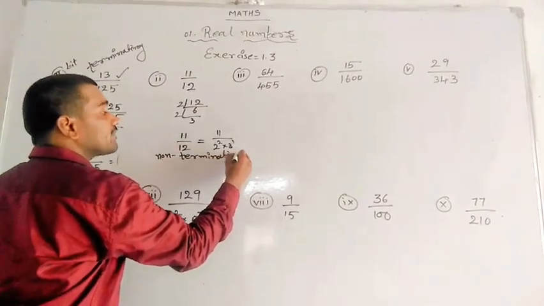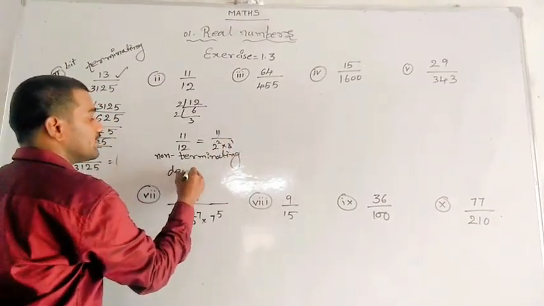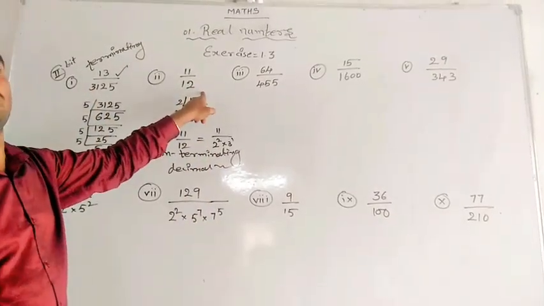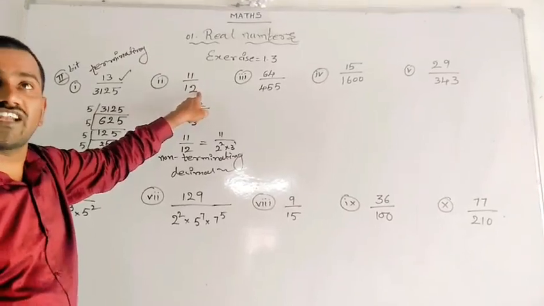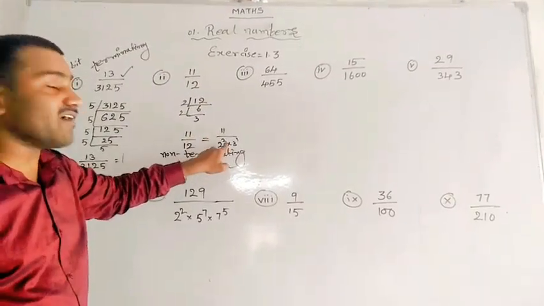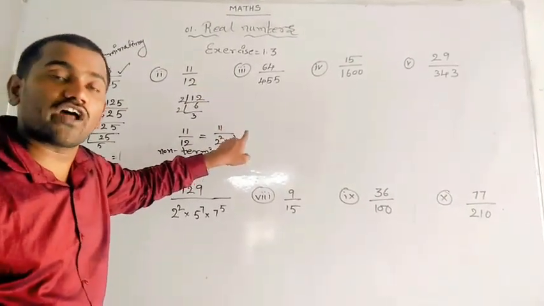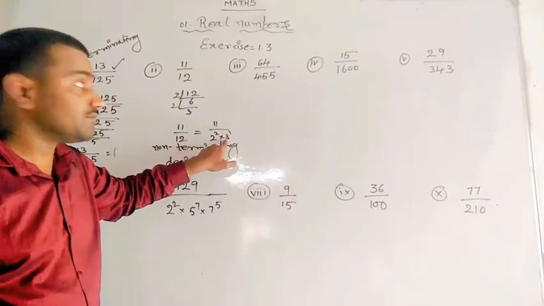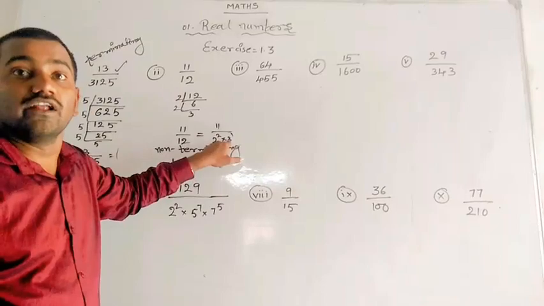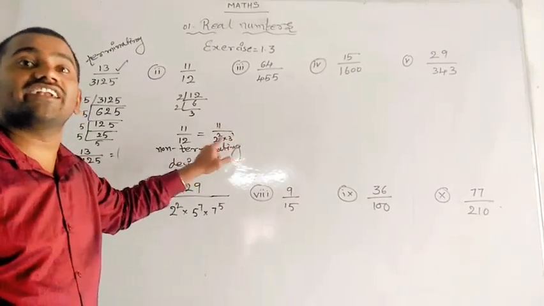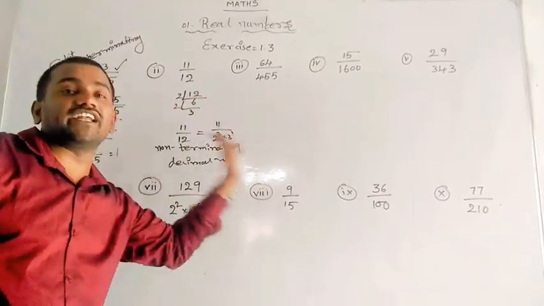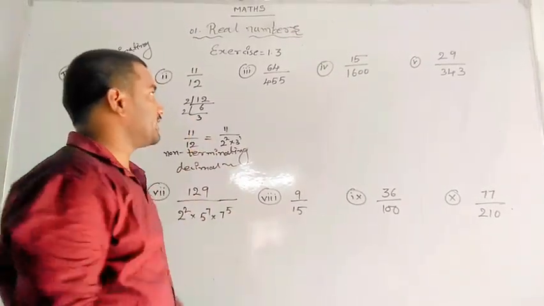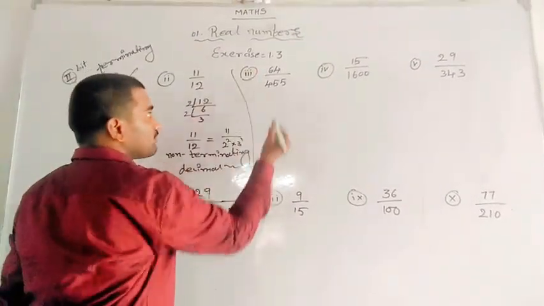Here we are not dividing, but telling that it is a non-terminating decimal number. This will give us a non-terminating decimal number because the factorization of the denominator is not in the form of 2 to the power of n into 5 to the power of m. So see, 2 to the power of n is there, but this 3 should not be here. If you divide it, you will never get a terminating decimal number. Definitely you get a non-terminating decimal number. If you want, you can try it. Let's see that for this also.